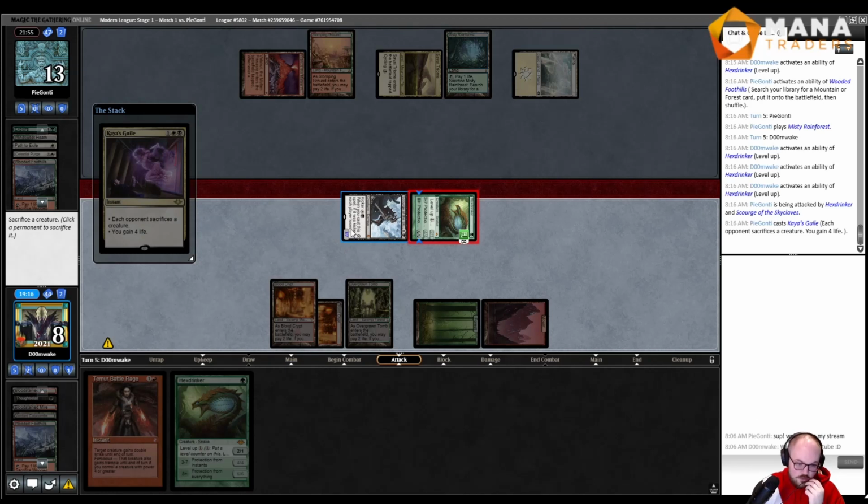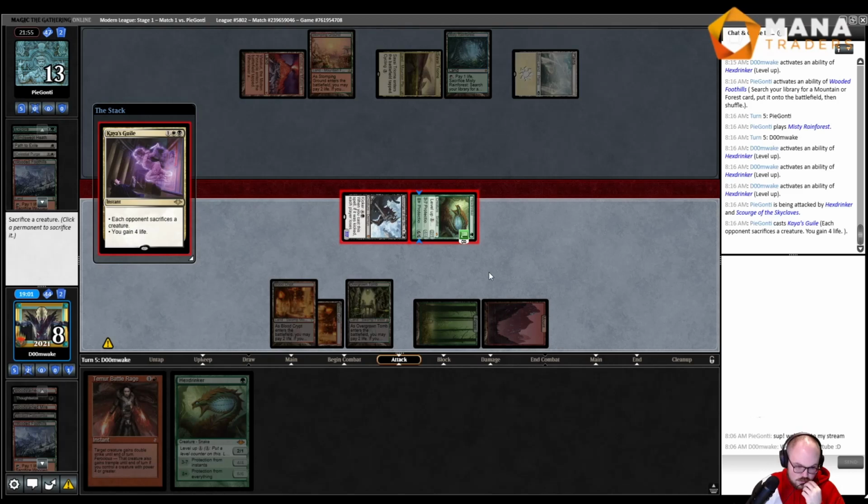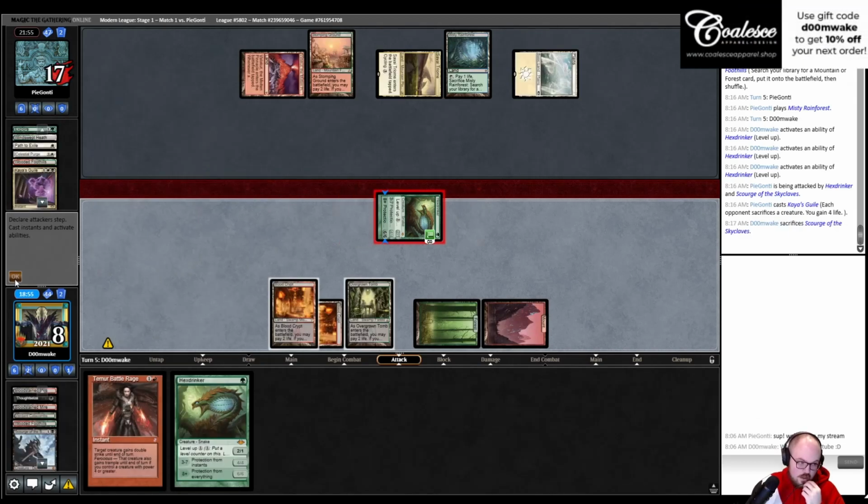Because they're gaining 4 either way. If I sack this, they gain 4, it's only a 3/3. Then I TBR this. First strike damage would be 3, plus 6 is only 9 damage. So if I sack this, they go to 17, take 6, go to 11, play Hexdrinker, level it once. And then what I can do next turn is I can TBR the Hexdrinker and this one, and then pump it up. Yeah. That may not work, but...